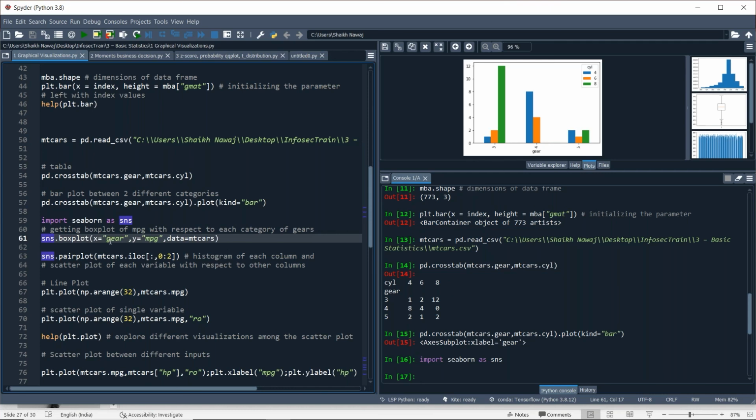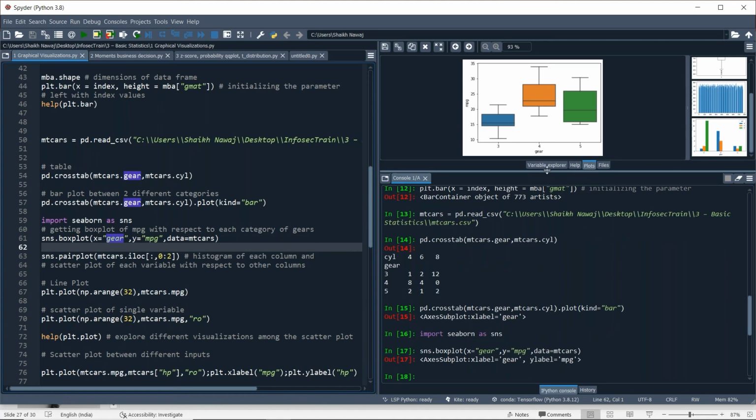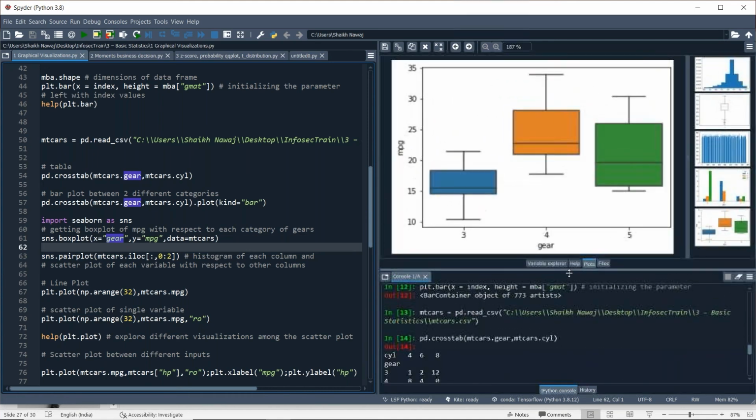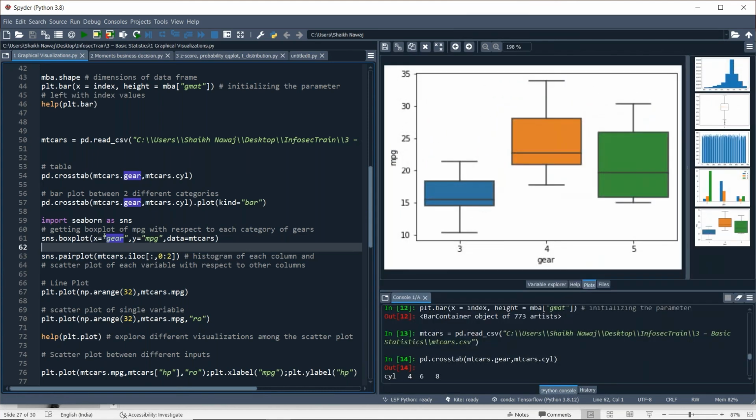If you plot a box plot with x as our gear column and mileage per gallon column of our mtcars dataset, we are comparing the range of mpg for different gears: for 3 gears, for 4 gears, or 5 gears.